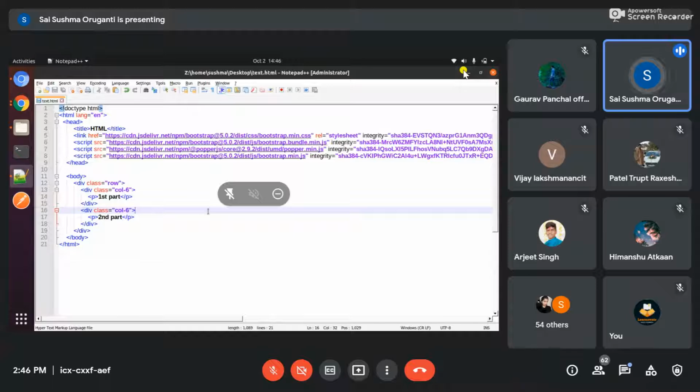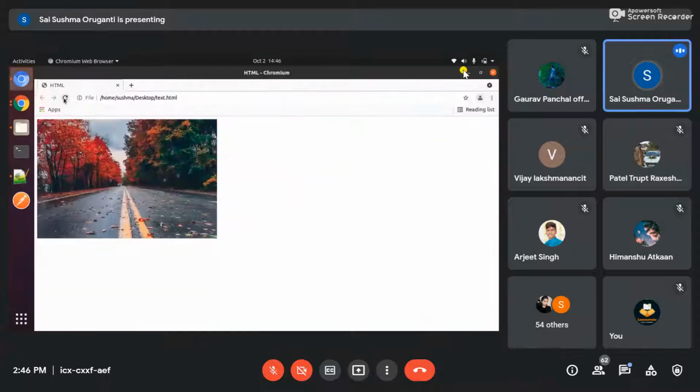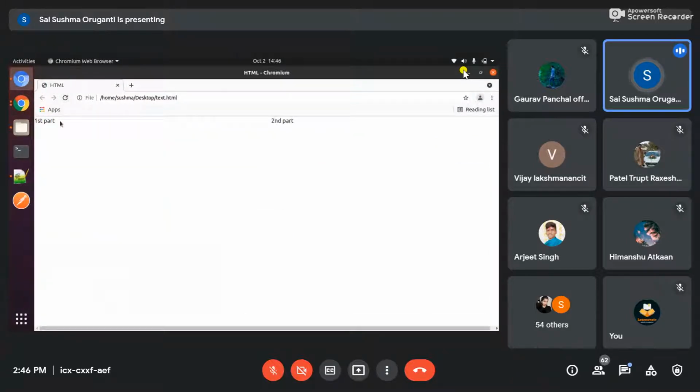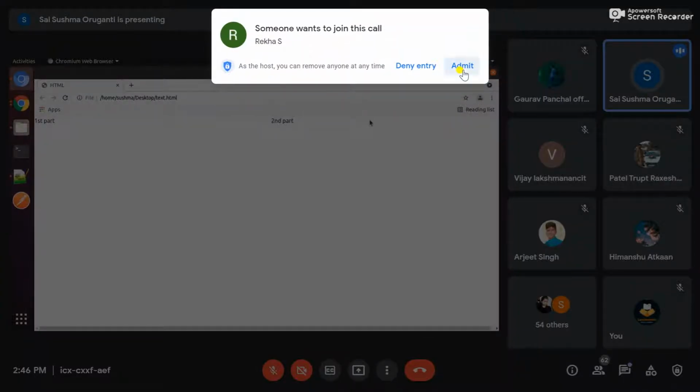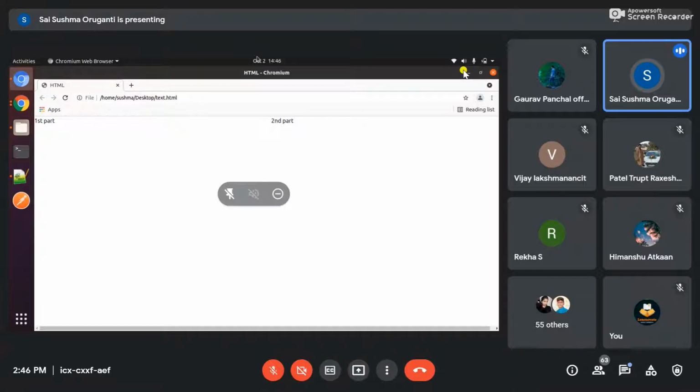I'm just saving with Control S and reloading it. So you can see this is the first part and this is the second part. Up to here, it has divided the column into half. If you want to display this text in the center, you can use CSS properties like text center, or whatever CSS properties you want.